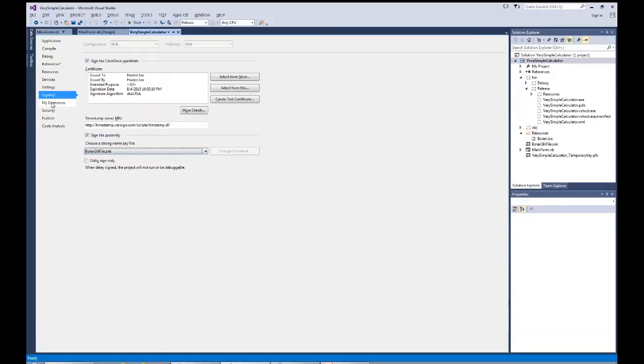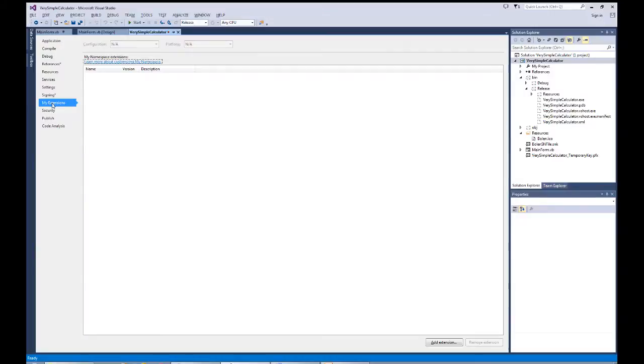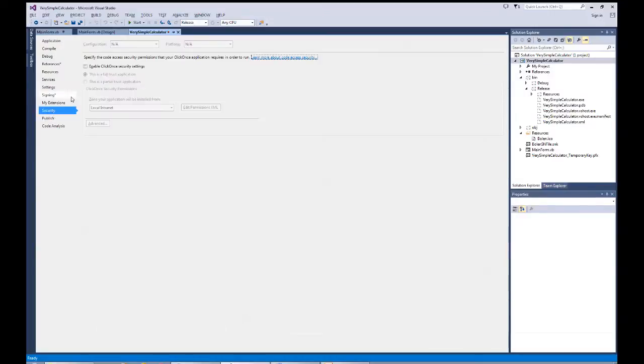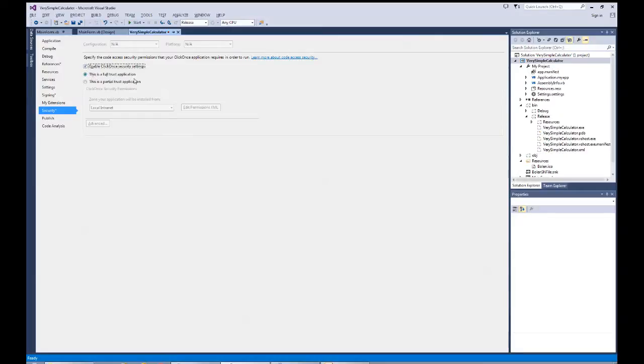Now let's look at extensions. At this point, I have none there, and I want to go now to security, and I want to enable ClickOnce security settings for this one, and I want it full trusted for this application, and that's set. So remember to go into the security area, enable ClickOnce security settings, and make it full trusted. Then I'm going to go to the publish